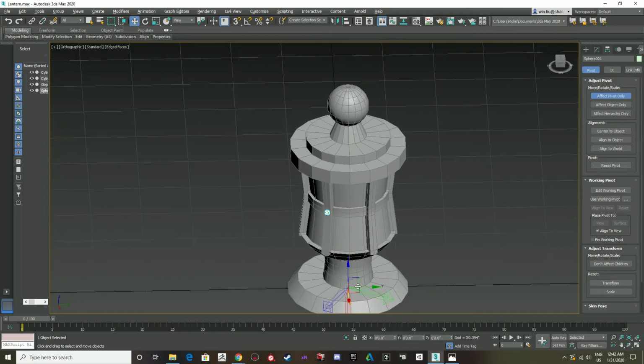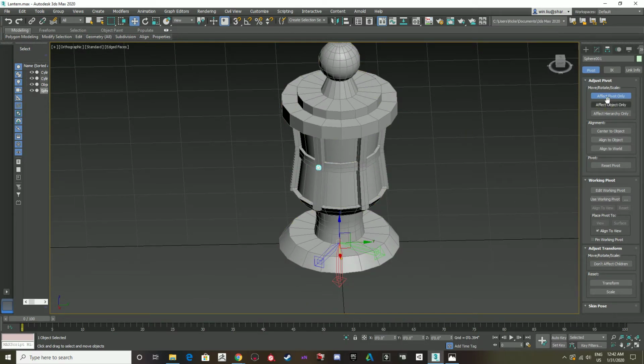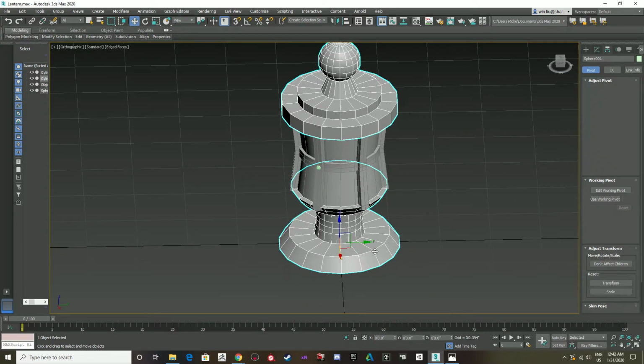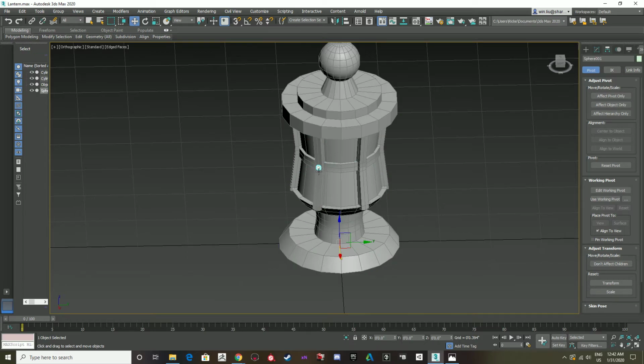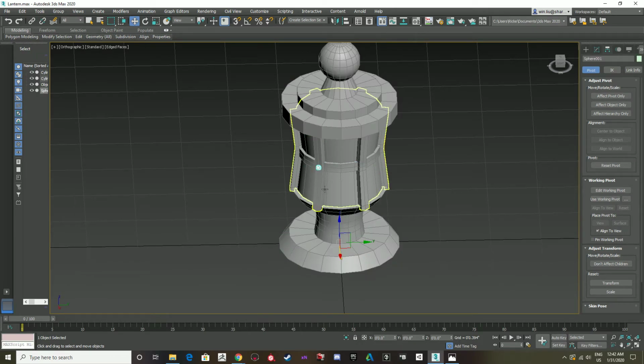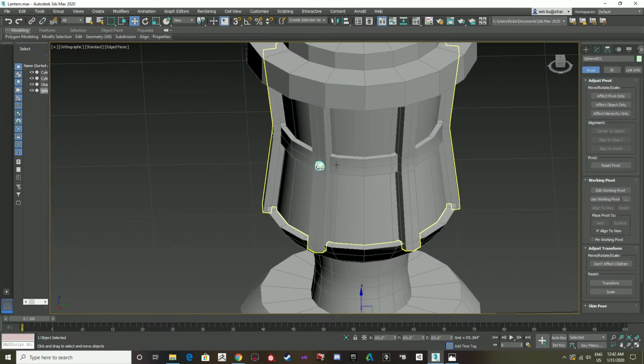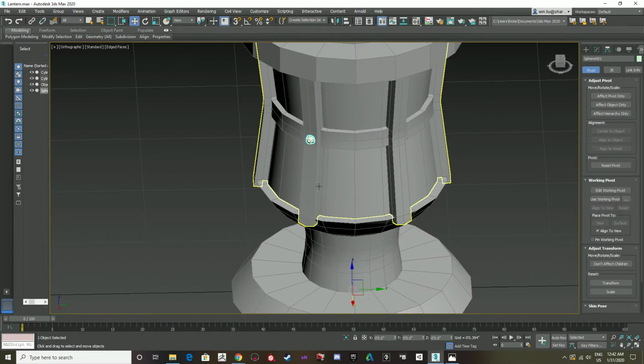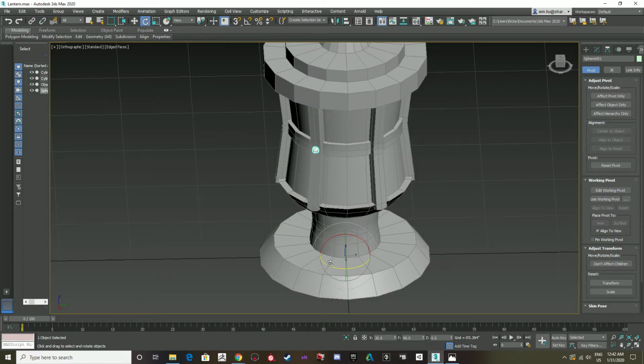So now my pivot is at the center of the grid, exactly where my lantern is. Right? So the sphere and this lantern have the same pivot. You see this cursor does not move. It has the same pivot because it's both at 0, 0, 0. So this is at the center of the grid. I'm going to go to my rotate tool,